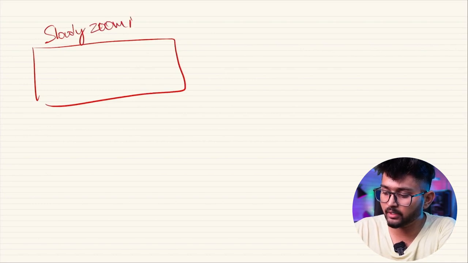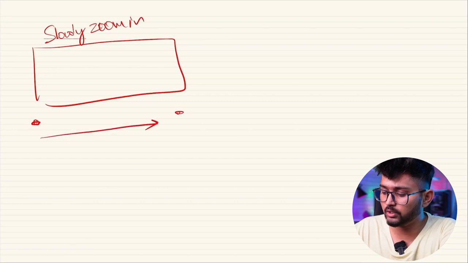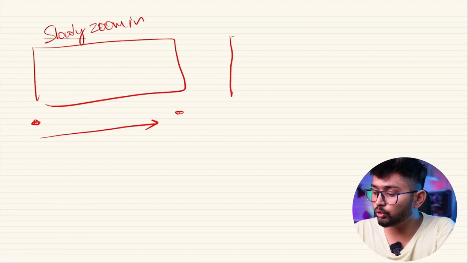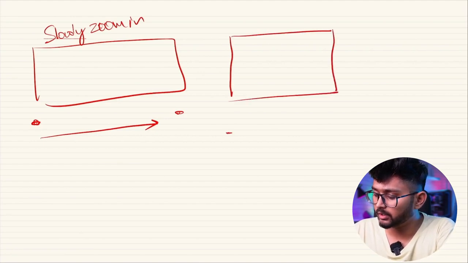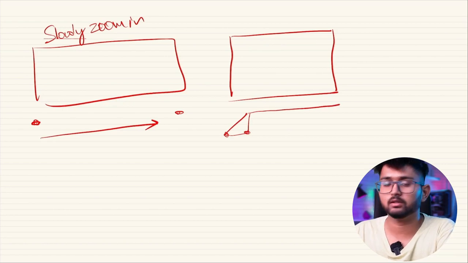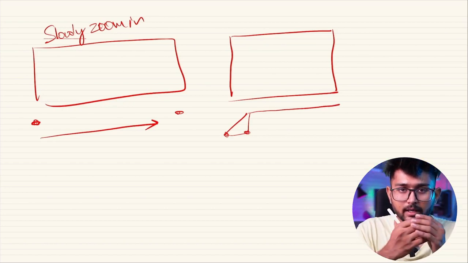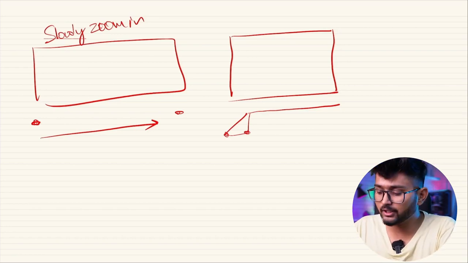Slowly zoom in to the frame, in which from this point to this point, the frame slowly zooms in. This is the first use case. And now the second use case is you zoom in, right? From this point to this point, you just zoom in immediately and then you keep the frame constant. So you quick zoom in and let the frame be constant. Now the third use case is,